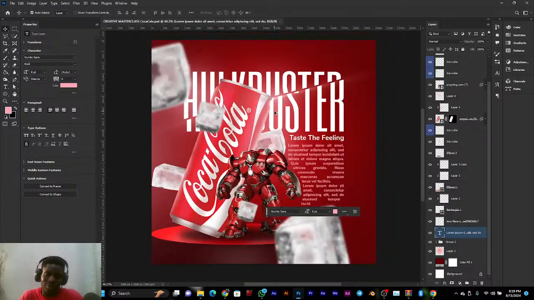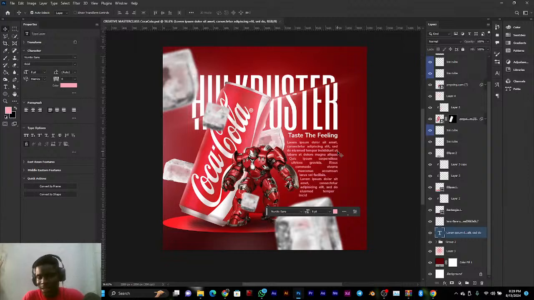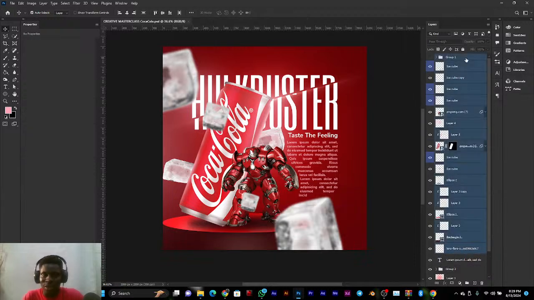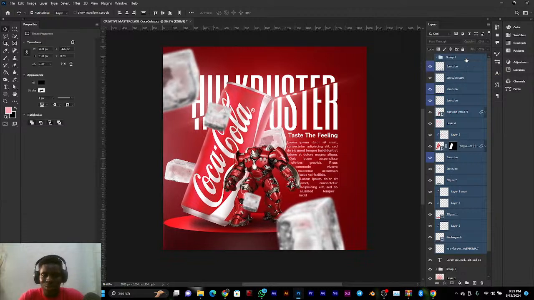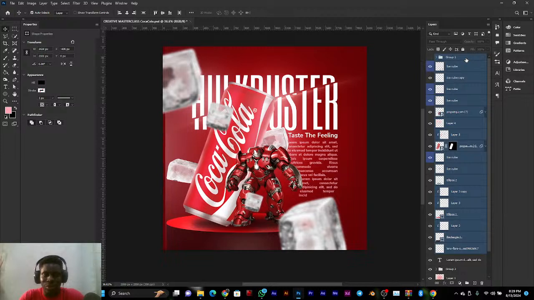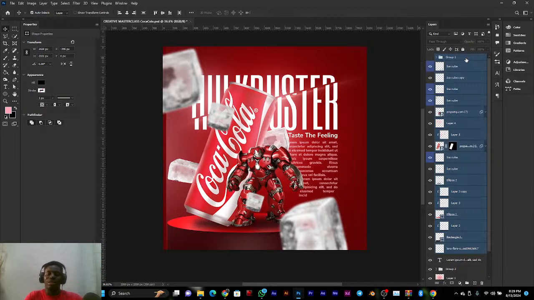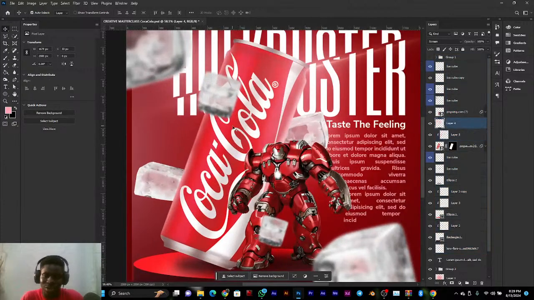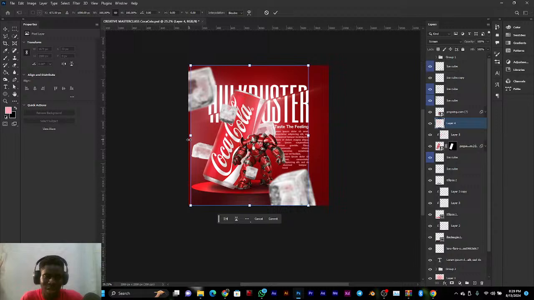So I low-key still feel that this thing isn't centralized, so I'm going to ignore my text, and then I'm going to move only the images, because the texts are centralized now. So I'm going to move the images to make it look solid, centralized and balanced, and I think I am now satisfied with this. But my lighting is now causing some issues, so you just select it, Control T, you extend it a little, and you click OK,